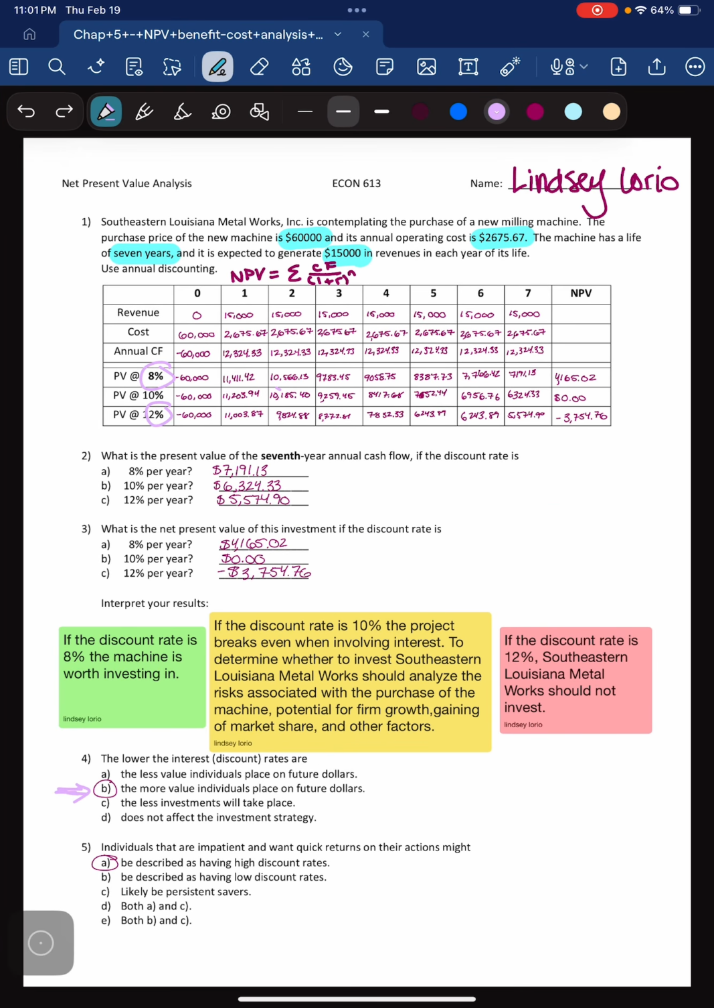And individuals that are impatient and want quick returns might be described as having high discount rates. They want a very fast return, so they're going to value money that's further away lower because they want a faster return. The longer something goes on, the less value it's going to have in the present. So somebody who wants very fast